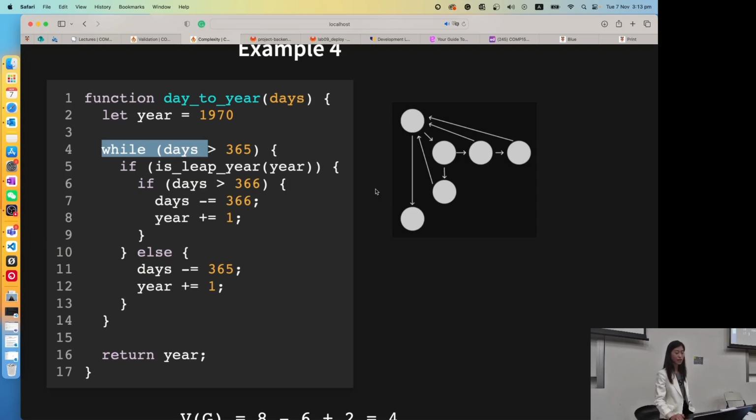We directly come back to the end here. And if it is true, okay, we move on to here. And is leap year is true. So if is leap year is true, okay, and then we move on to another if question here. So if this is greater than 366 here,